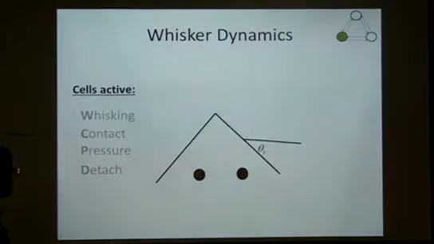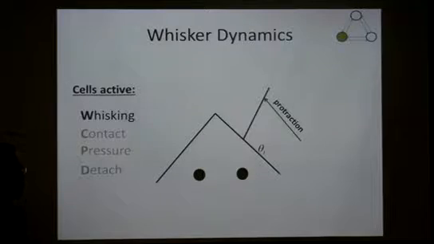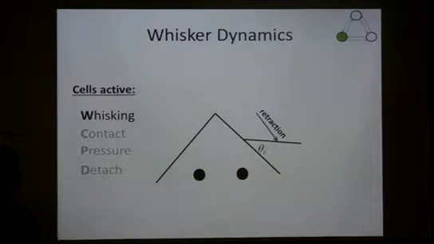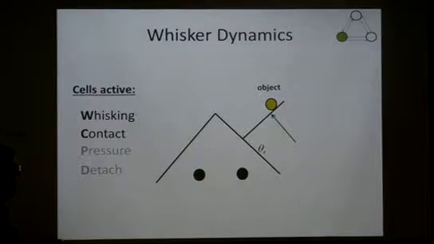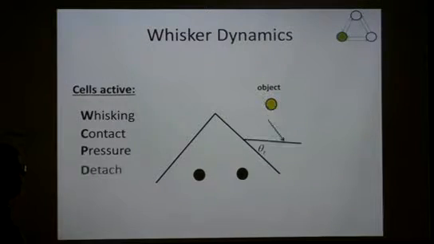So these are the whiskers. Let's talk about the whiskers. What's my model of the whiskers? A very, very simple model. The whisker is represented by one dimension, the whisker angle. The action is binary, so you can either protract or retract. There is additional information about the object, which represents contact information: the initial contact; if you try to protract against the object, it's called pressure; and if you move away from the object, it's called detach.